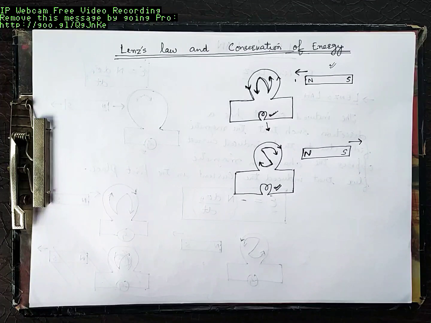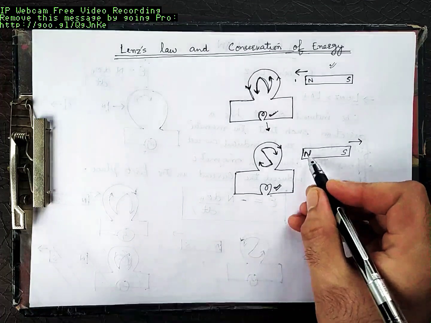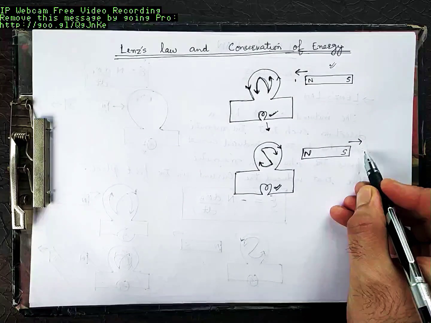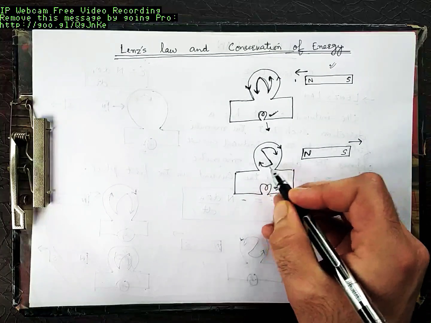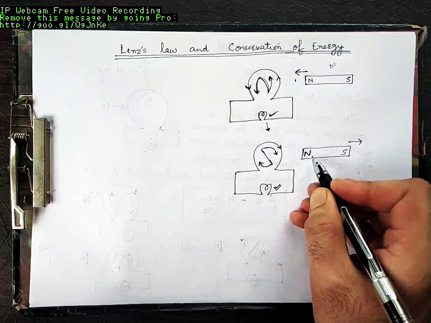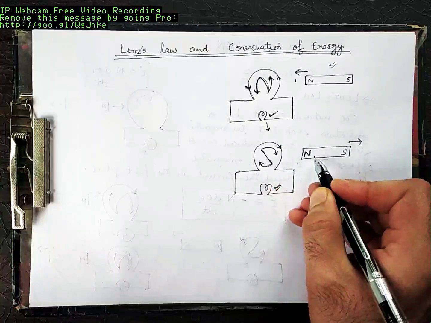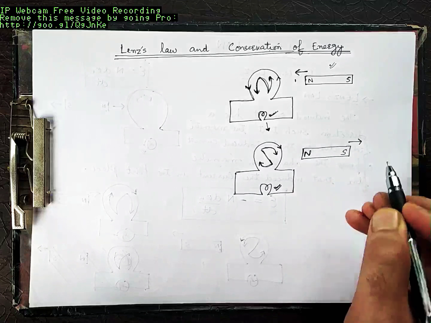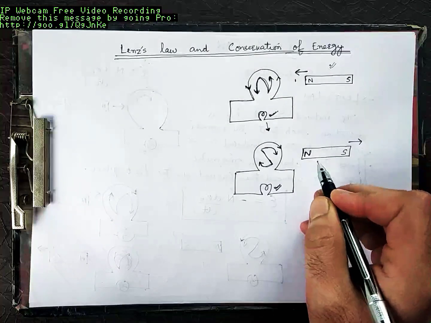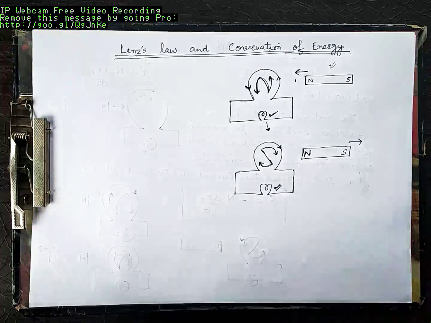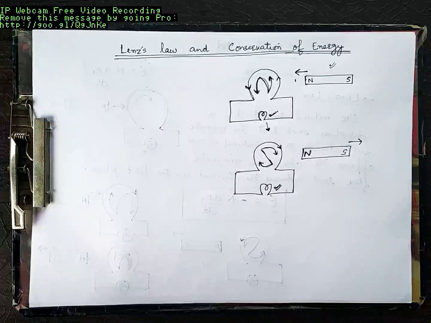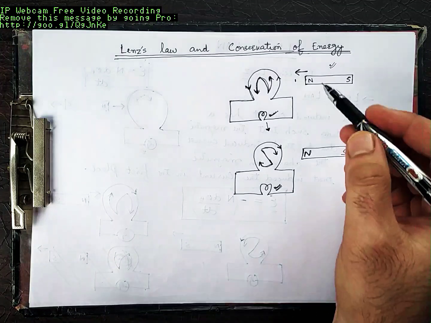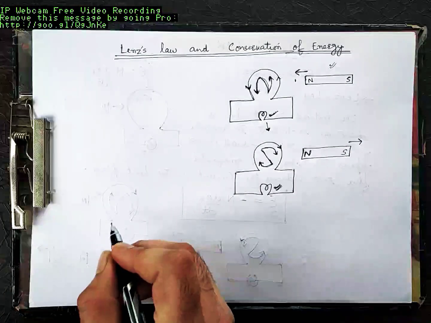So what basically happens when you try to pull this North Pole away from the coil, here a South Pole gets induced. That South Pole will try to attract this magnet back towards this coil. So if you want to further move it away from the coil, you have to put in some energy, and that energy gets converted to electrical energy. This is how this bulb glows. One more example. I explained this North Pole twice. Now I will explain the South Pole.